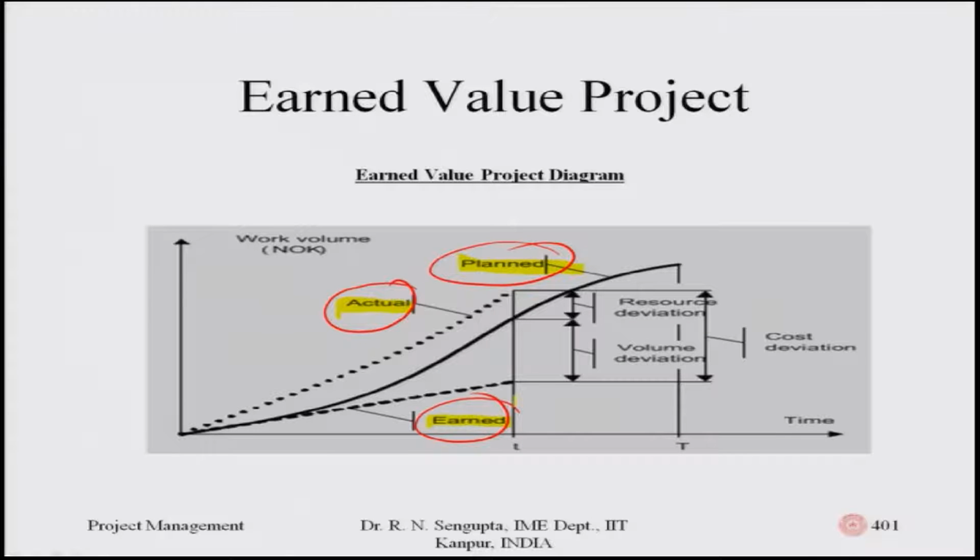Now, the earned value: if you compare the earned value, the actual value and the planned value, here it is basically work value, but as I mentioned it can be total cost or the manpower, whatever it is. So, the different values which you have, which are the volume deviations and the resource deviations, would give you an idea of two important points: which of the activities are deviating, and then you will understand the amount of deviations or the amount of delays or